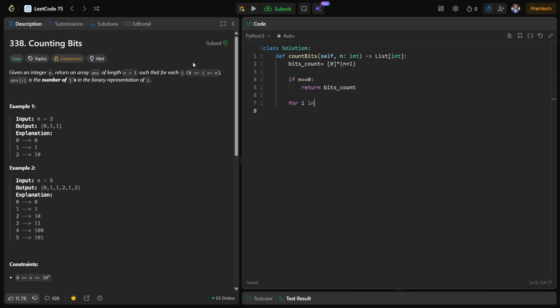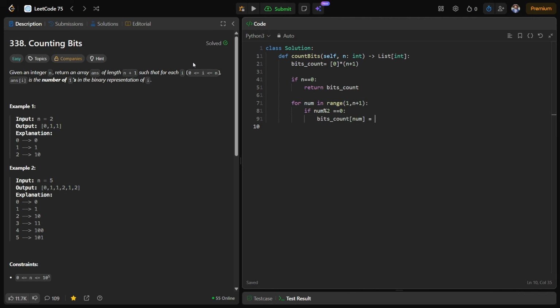For i in range from 1 to n plus 1. Rather than calling it i, let me call it num for clearer understanding. If num is even, then bits count of that num will be